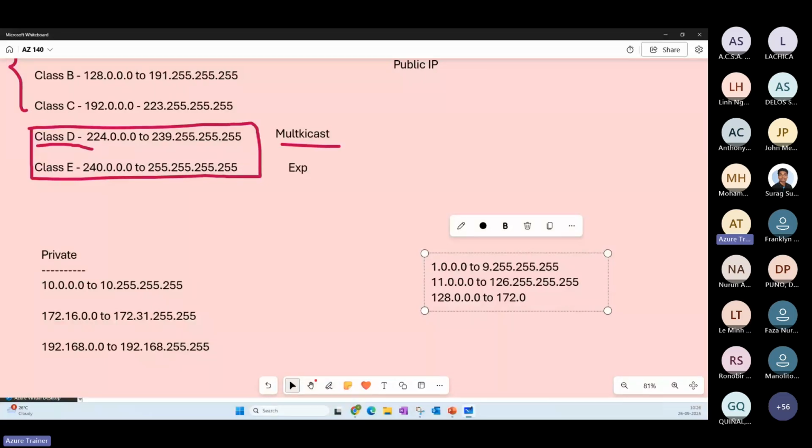I'm just trying to type this IP address here. You can see you have a 172.15.255.255, 172.3.0.0 to 192.255.255.255, or you can write it as